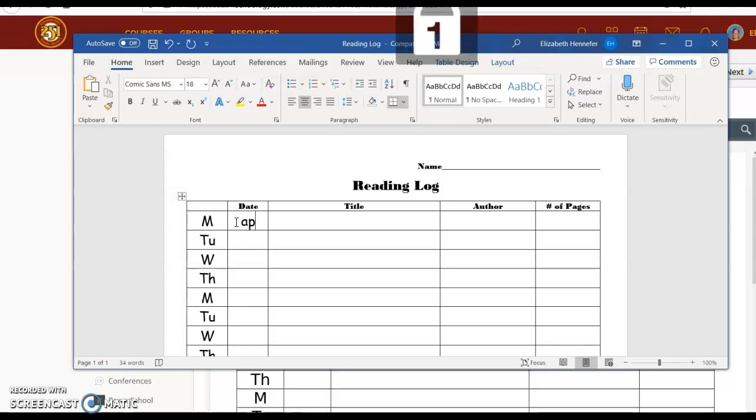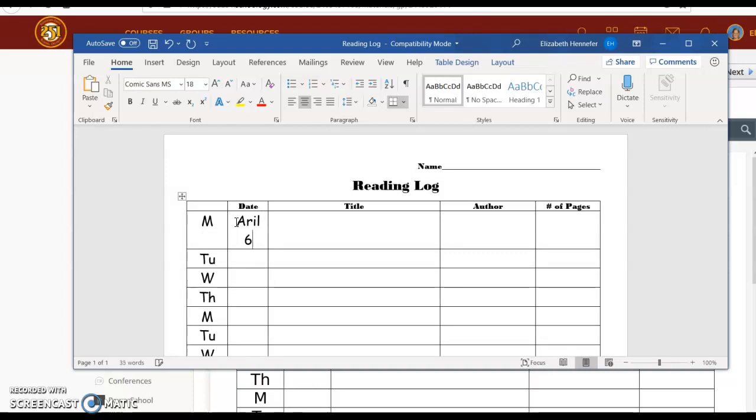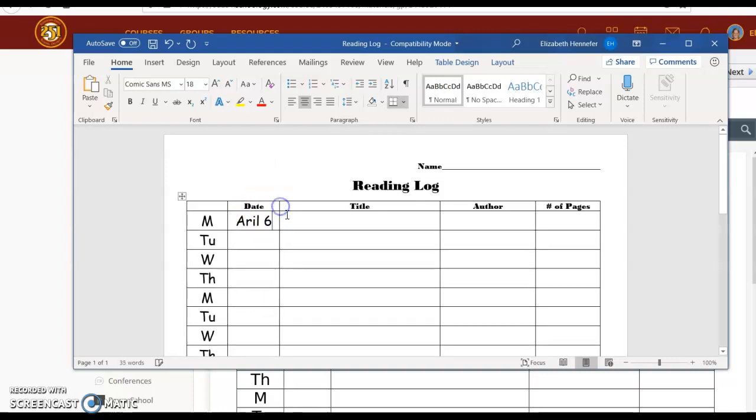So I'm going to type in the date that I have read. I'm going to use April 6th as an example. And I'm going to scroll so that I can see the full date. Okay, next up I'm going to put the title of the book that I'm reading. Just as an example, and I know there's not a lot of space, so I'm just going to put number 1, Harry Potter number 1. And then the author,